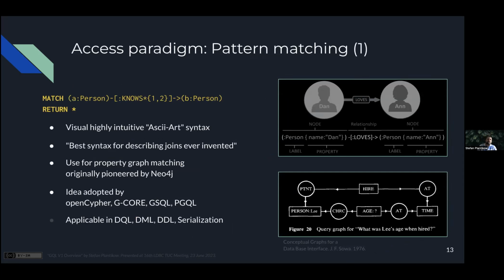Access paradigm, pattern matching, of course, everybody's darling. This, of course, we share with SQL PGQ, right? The idea, I assume most people here on the call will know about that, is to use extremely intuitive ASCII art syntax to express the data that you're looking for, right? It has been called the best syntax for describing drawings ever invented. It was pioneered by Neo4j. But the idea, of course, since then has been adopted in OpenCypher and GQL and GCore and PGQL, and hence